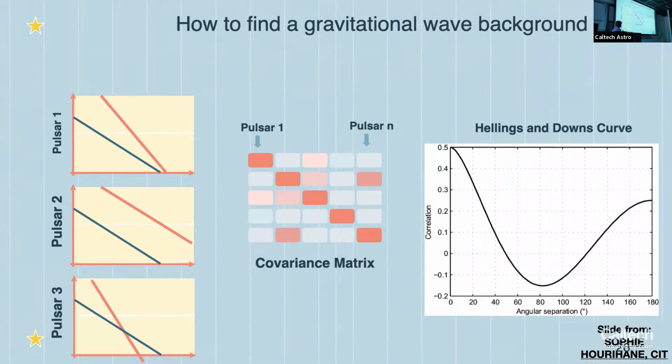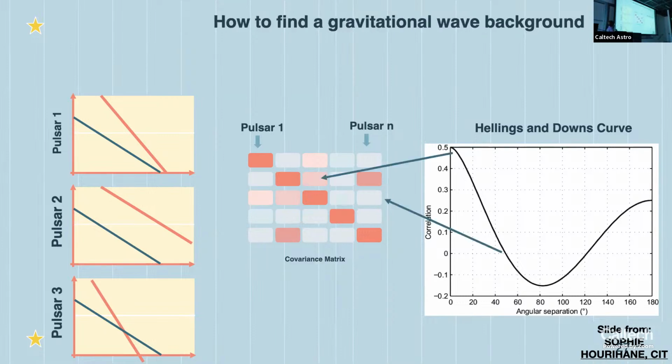So if you imagine building up a covariance matrix that says what happens if we cross-correlate data from one pulsar with data from another pulsar, then along the diagonals, we're going to have information about the red noise, the gravitational wave background, the white noise. But if we move off the diagonals, the only things that are going to be correlated are going to be the gravitational wave piece. And so what we really want to do if we want to measure correlations is we want evidence that these off diagonals here are non-zero.